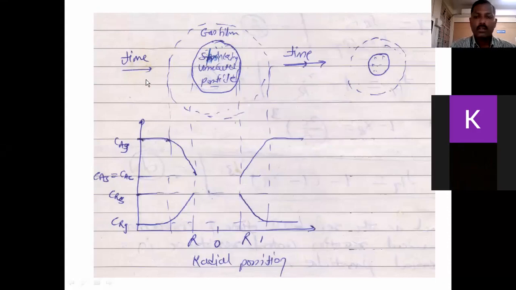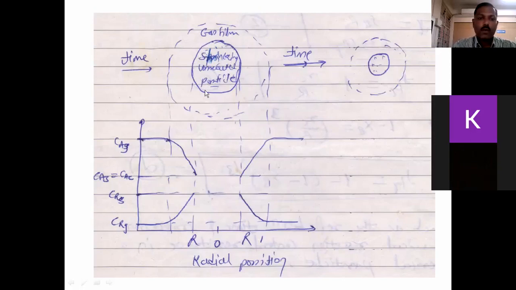There are a total of 3 steps successively occurring during this reaction. A gas film is formed on the surface of the solid. So component A, the gaseous molecule A, will diffuse through this gas film towards the surface of the unreacted core particle. Then there is the surface reaction. The second step is the surface reaction occurring, and during the surface reaction the product will be formed. This is the second step.